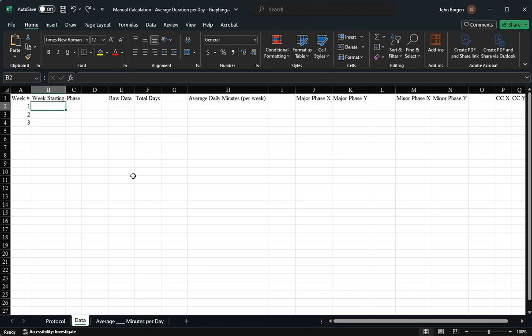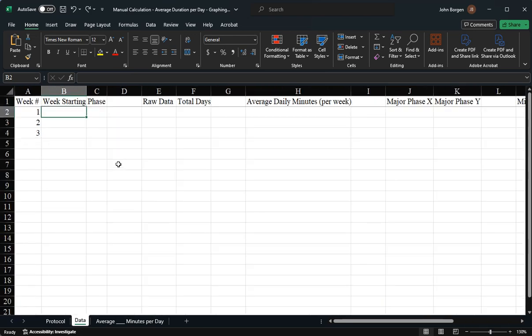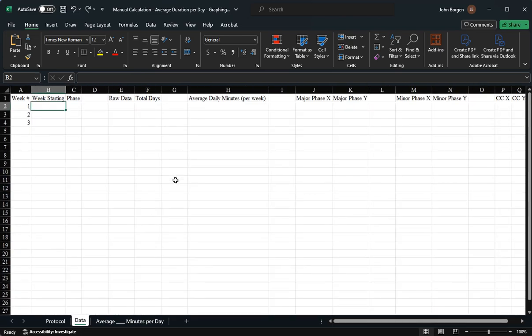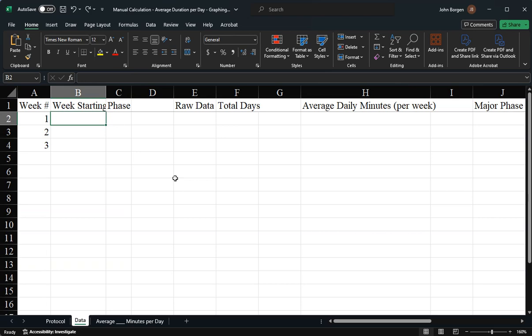This is a manual calculation graph for exercise duration per day. I will walk you through this a little bit. I'm going to zoom in. If you ever want to zoom in, you can hit Control and the up scrolly button, and that's how I did that. And if you ever want to zoom out, you can hit Control and use the down scrolly. Scrolly being, I'm sure, the exact technical term for the computer hardware folk. Anywho,